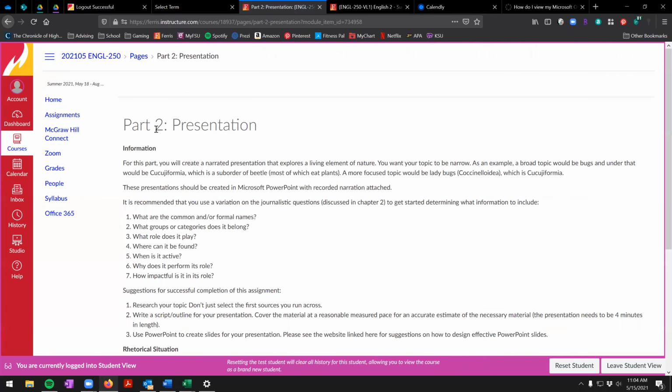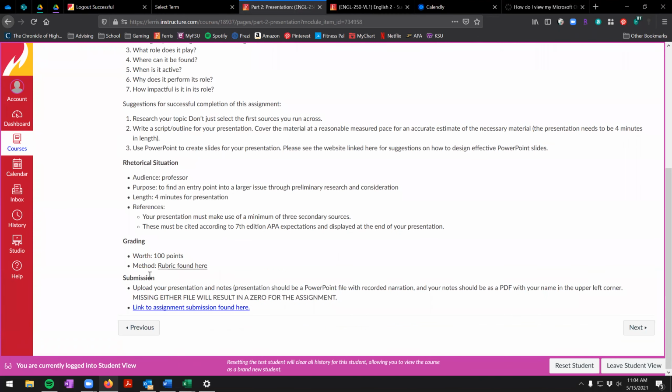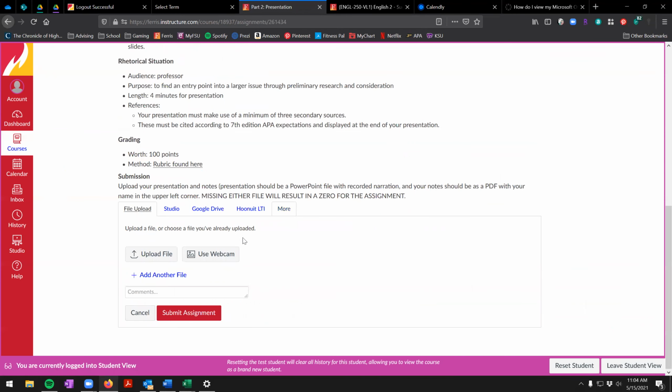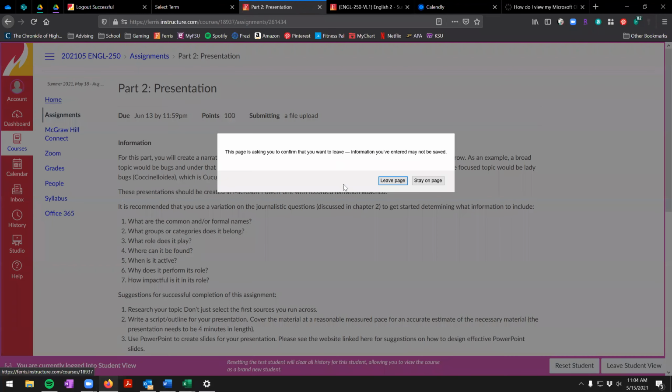So now we have this presentation right here. And you'll notice for this submission, it gives you information on what you're going to upload. And then it has the link to the assignment submission right there. Again, we have all of the same assignment information. And then we have this start assignment button in order to go through and actually do the submission of the assignment. Going back into the home area,